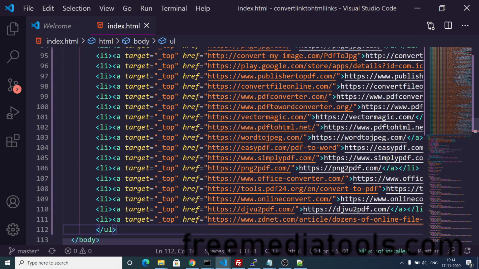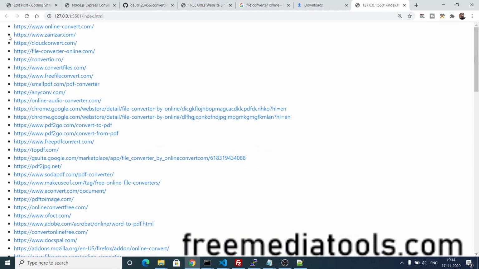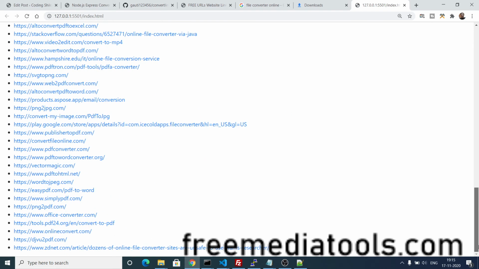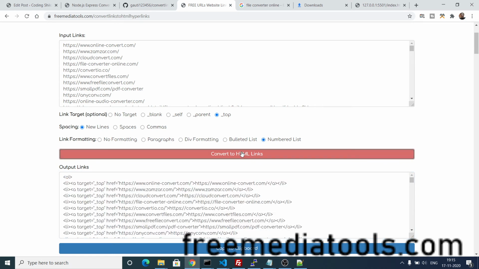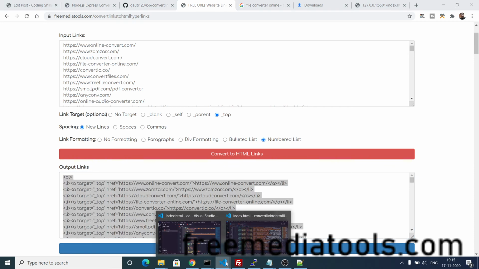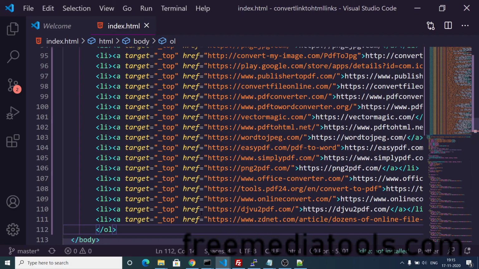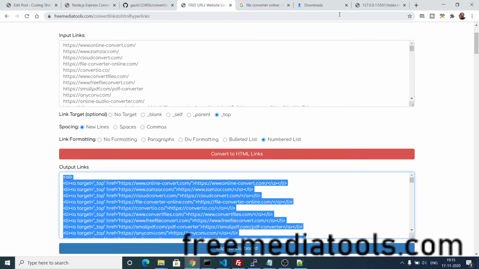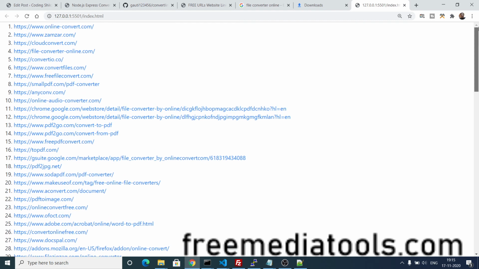So basically this is an unordered list. You will see this adds a bulleted line here. So if you want to make a menu or a list, you can just use this tool also. And the last is numbered list. If you want 1 2 3 instead of an unordered list, you can just use an ordered list. And if I paste it, you will see now it will change to 1 2 3 4 5 6 7 8.